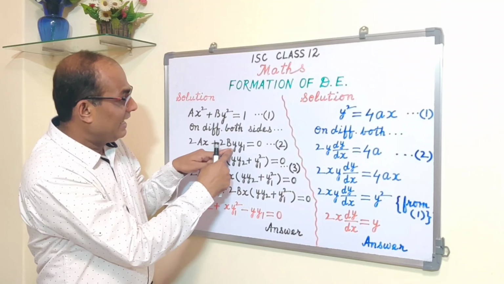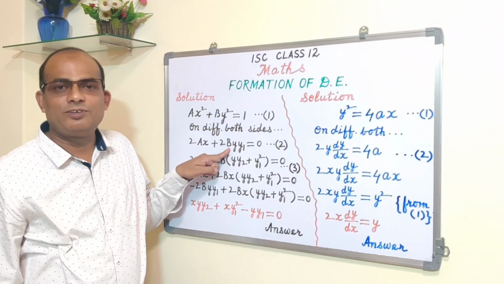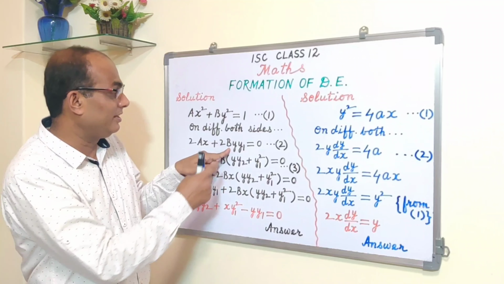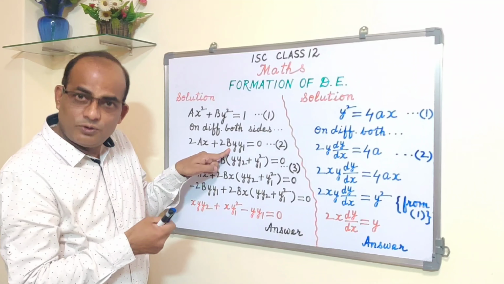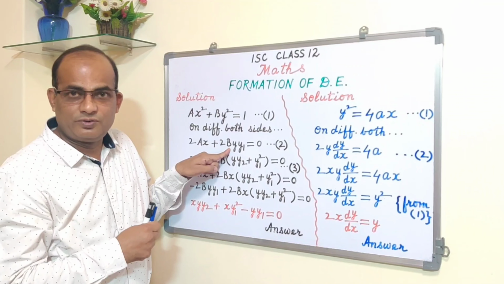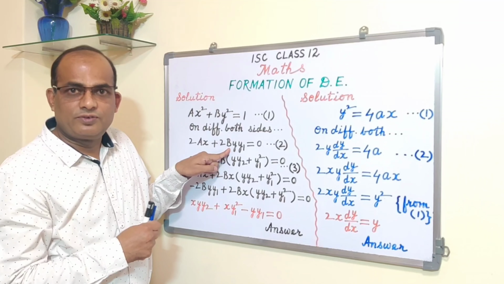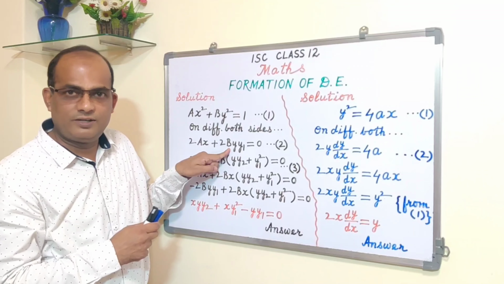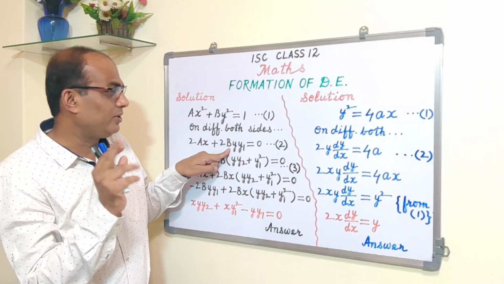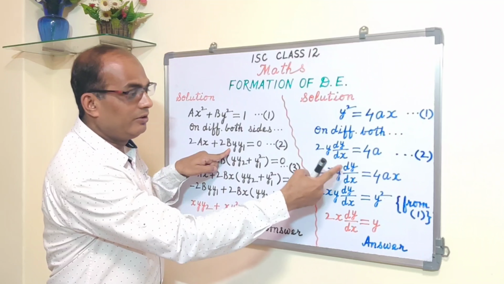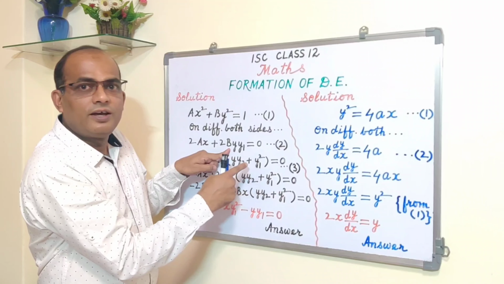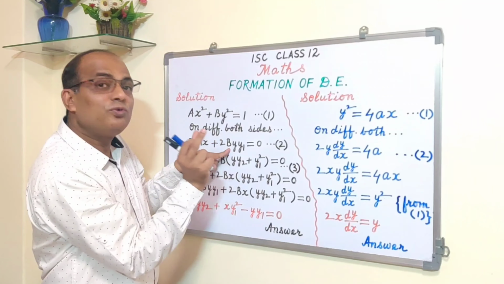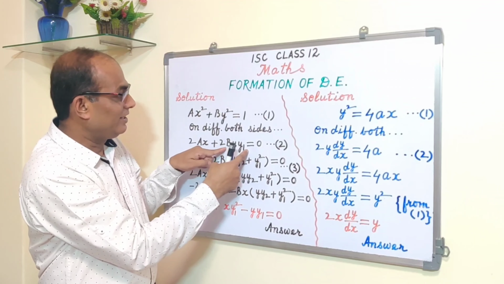So 2y, and you don't see here dy upon dx, you will be surprised. Actually this is a big expression, expressions are lengthy. That's why I am writing in place of dy upon dx y1, which is another notation for dy upon dx, which I told you in my videos when we started differential equation, when we were talking about the order and degree of a differential equation. So there I told you there are 3 notations. We write down dy upon dx, or we write down y dash, or we write down y1. So here I am not writing dy upon dx because the expressions are big. So to save space I am writing y1. So actually it is dy upon dx.